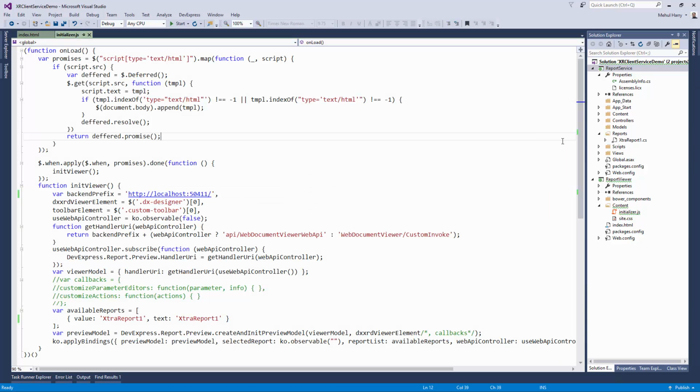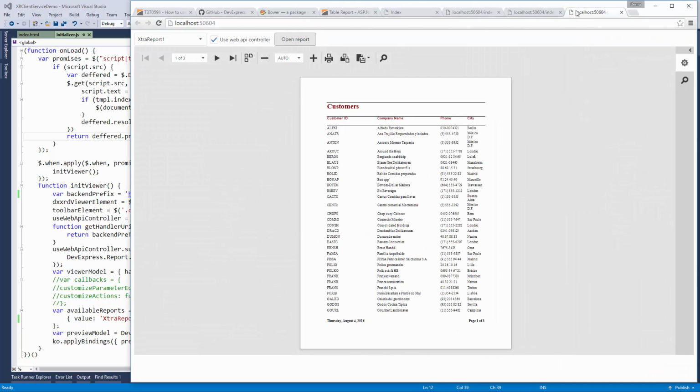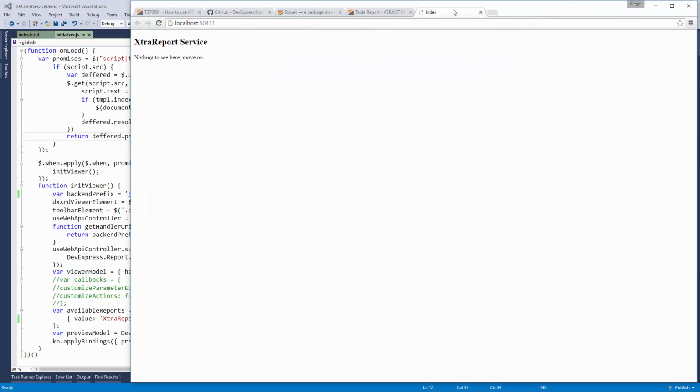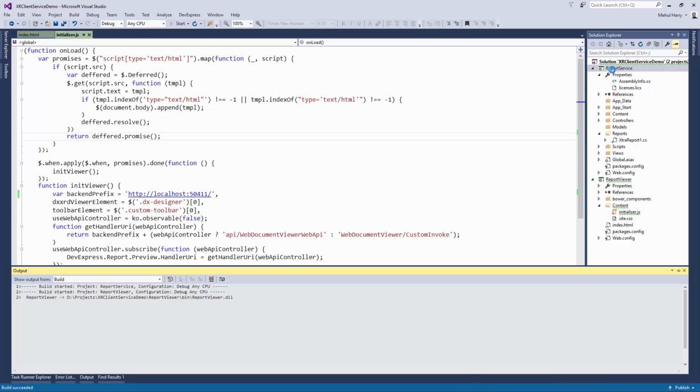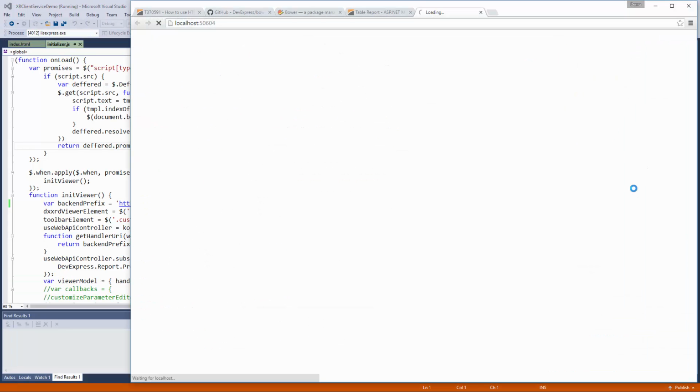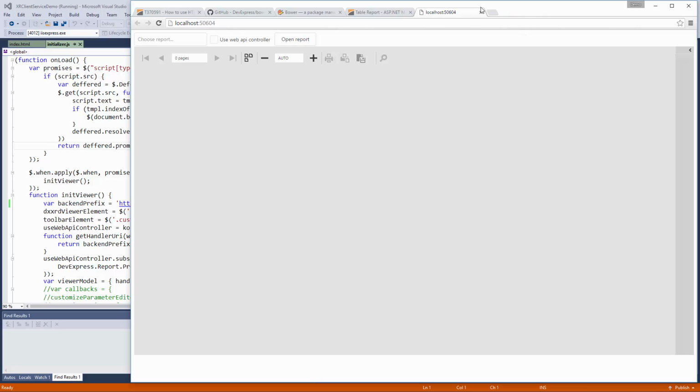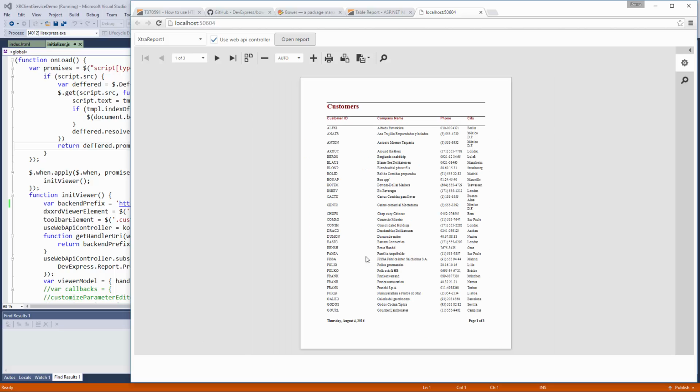And if we go back, before I run this, and I close these tabs to show you, now when I hit start, it starts my report service and it starts my report viewer at the same time, but it doesn't open a tab for the report service. It's going to wait until I select an item, make a call out, and then report makes a call out to the service, and then it's starting up the service now because it got a request and it's generating a report. It's grabbing and binding the data on the server side, that extra report, generating the HTML, and then serializing it, sending it back to our client side,